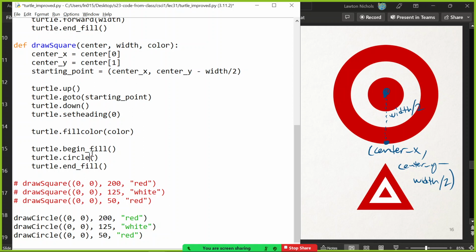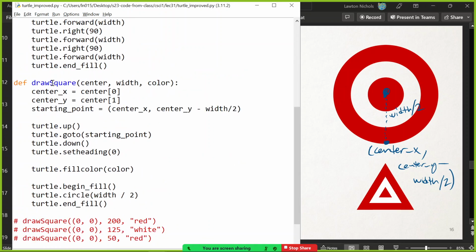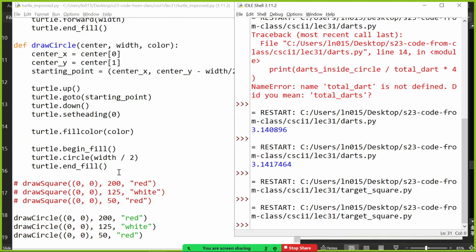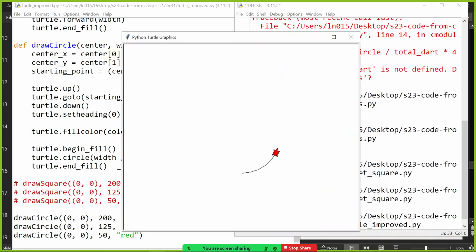So what's the radius of the circle then? It's width over 2. Something like that. And this is a draw circle function now. That should be its name. And so it's very similar. And if we call it in the same way, we will get a circular target logo.